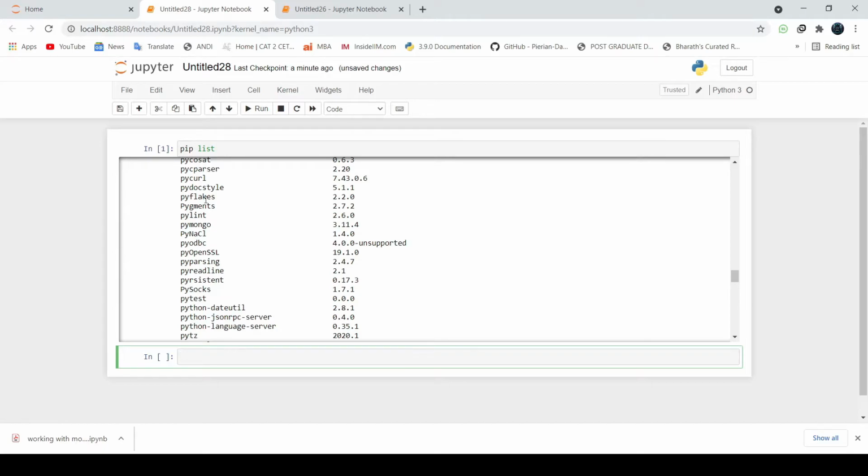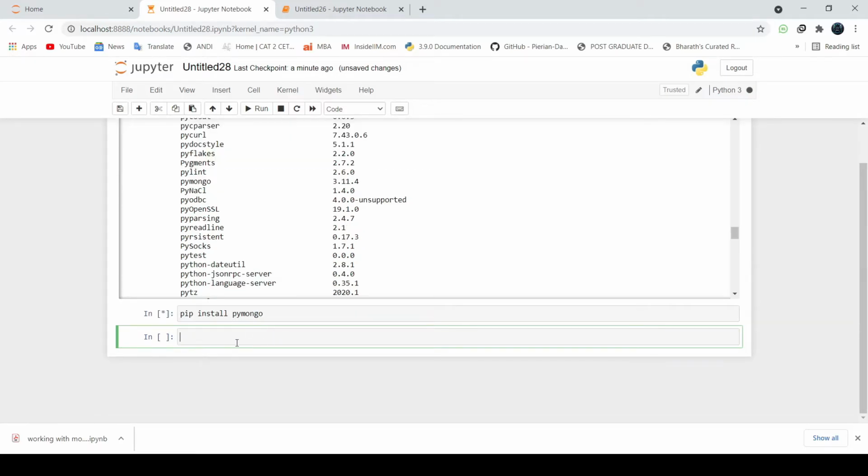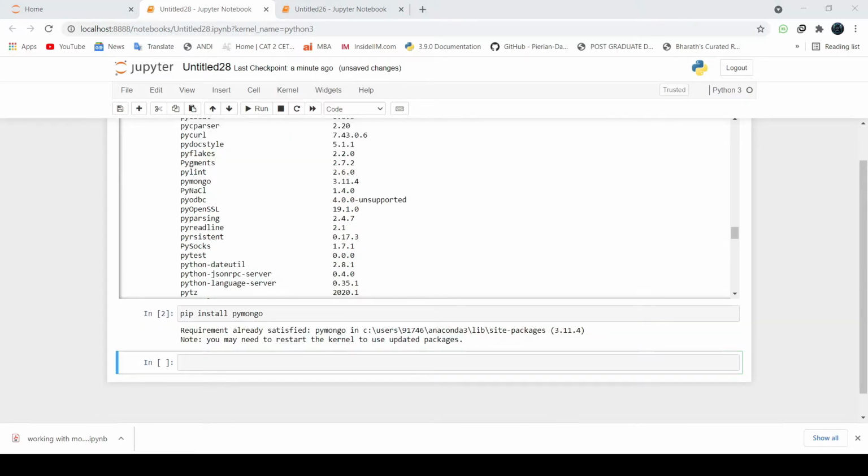Even if you don't find this in your system, you can do one thing. You can write this code, pip install pymongo, and execute. See, right now I'm already having this requirement satisfied, so it's showing requirement already satisfied.